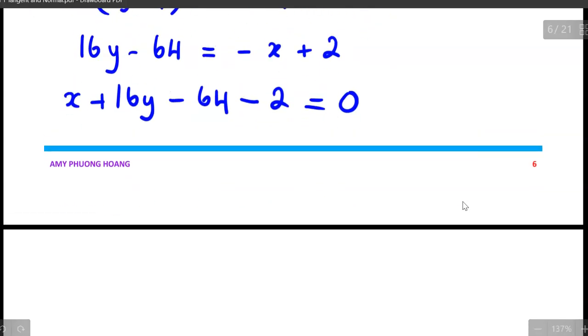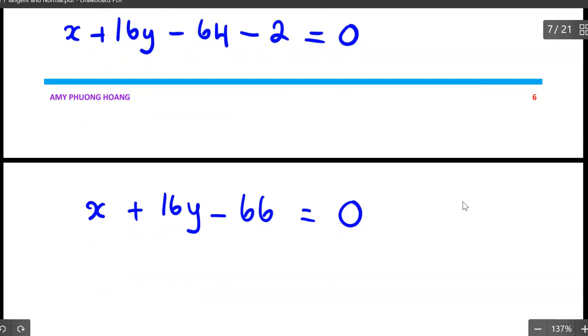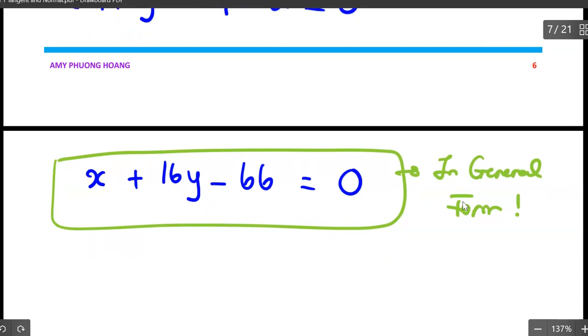Okay, so in this case I will have x plus 16y subtract 66 equal to 0, and this is the equation in general form. So this is the equation for the line normal to the curve